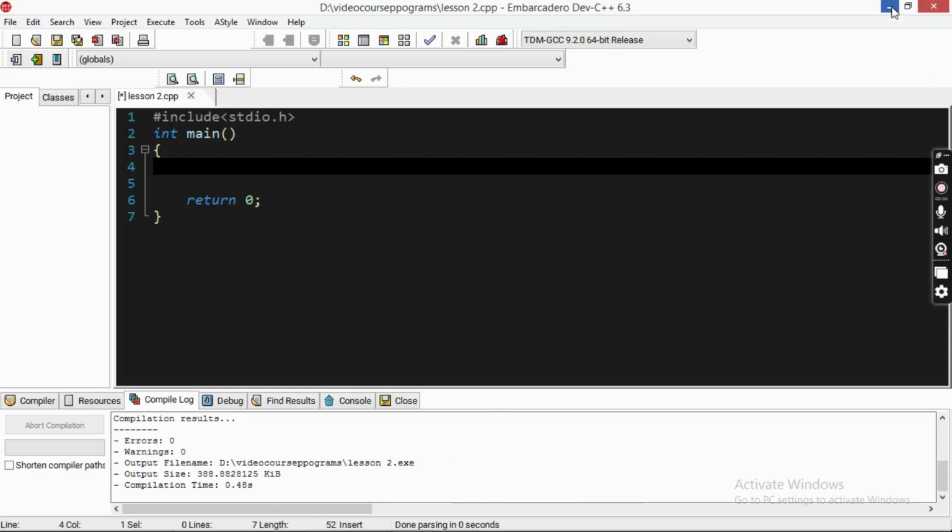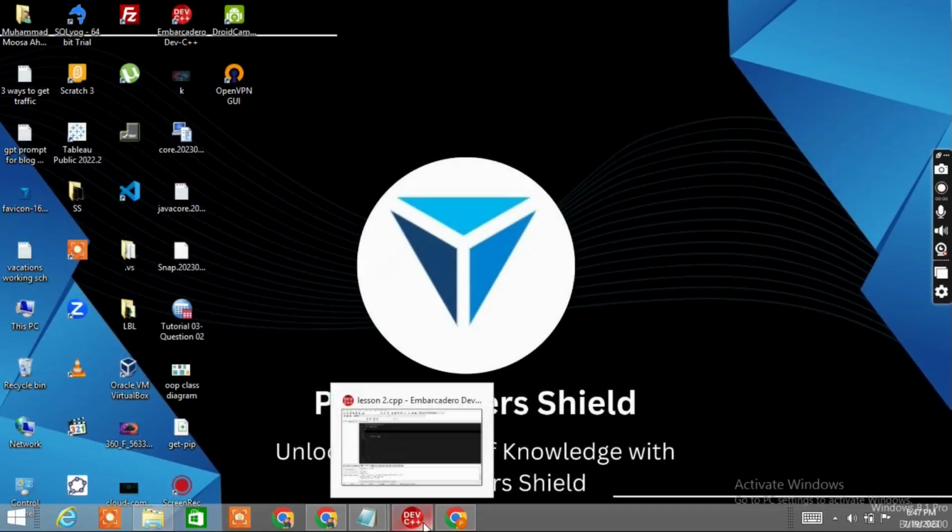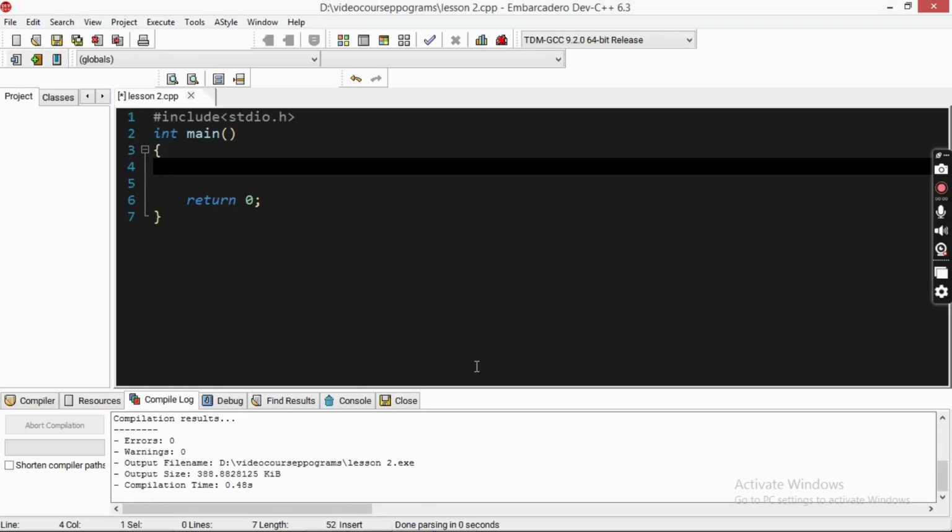So let's open your compiler Dev-C++, which we installed in our last class. Okay, so this is the basic structure that we also learned in the last class. If you haven't seen the previous lesson, go and watch that lesson first and then come to this one. So let's start with,